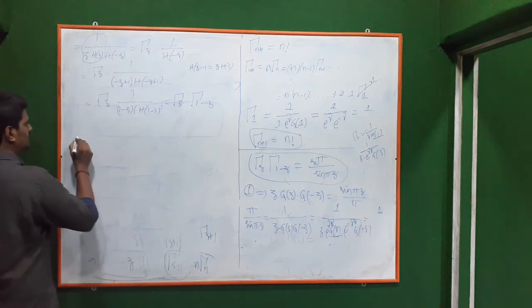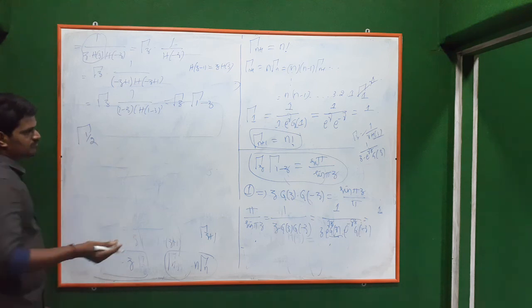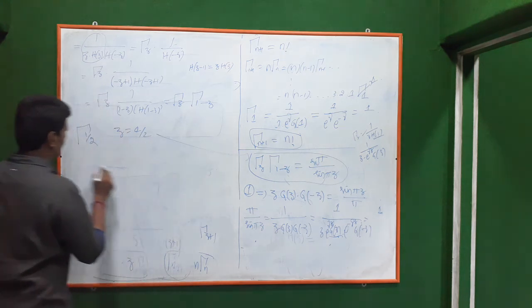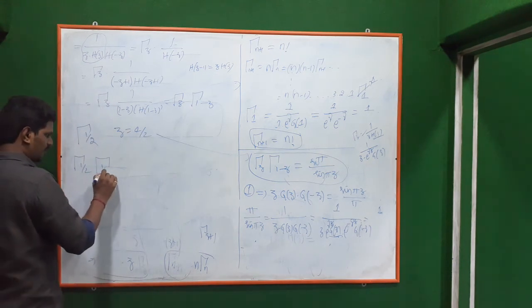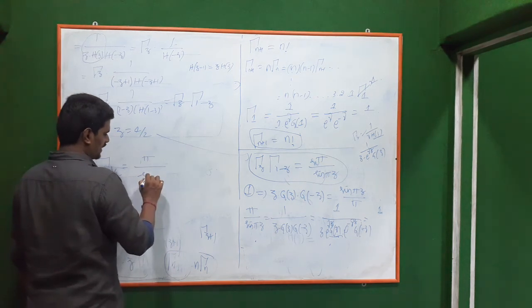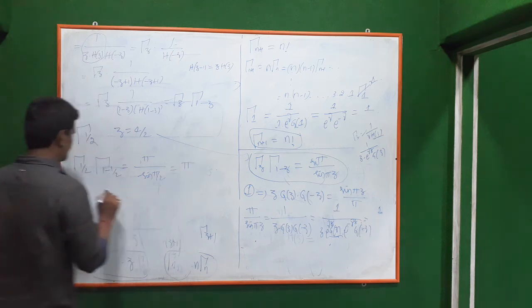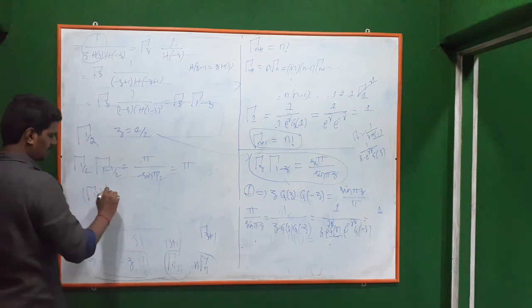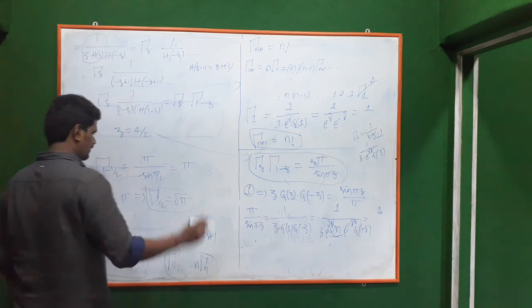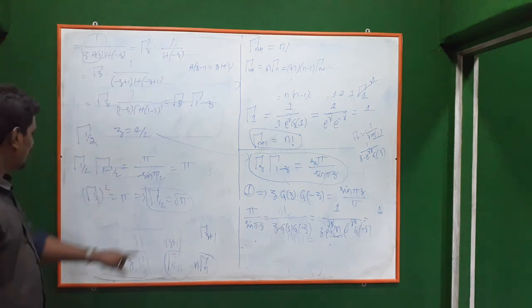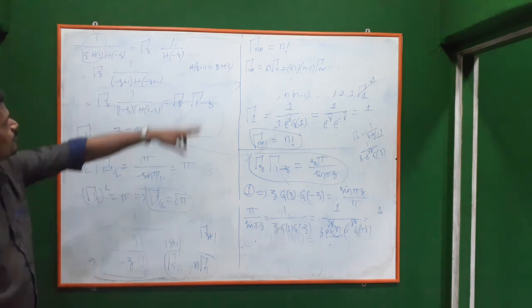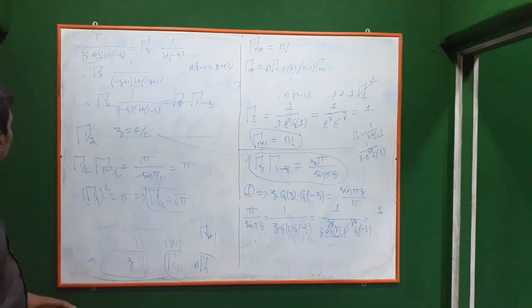Now there is another application for this, that is finding the value of gamma of 1 by 2. That's simple by using this. Put z equal to 1 by 2. Then gamma of 1 by 2 into gamma of 1 minus 1 by 2 is pi by sin pi by 2. Sin pi by 2 is 1, so this will be pi. The left hand side is gamma of 1 by 2 the whole square, which is pi, which implies gamma of 1 by 2 is square root of pi. So by use of this we can find gamma of 3 by 2, gamma of 5 by 2, gamma of 7 by 2, everything by that property. So that's all about your gamma function.